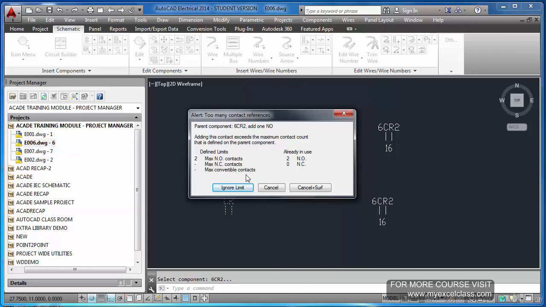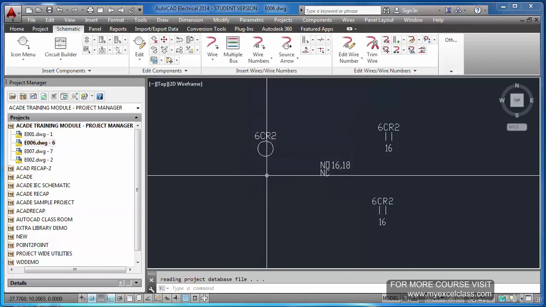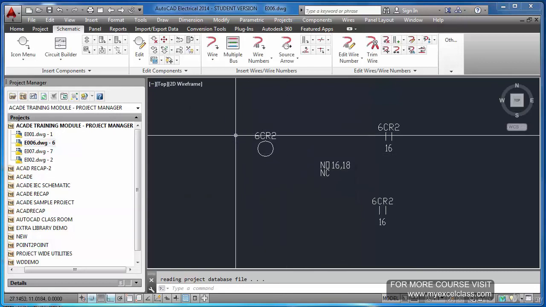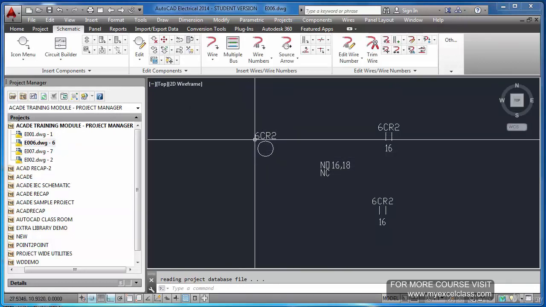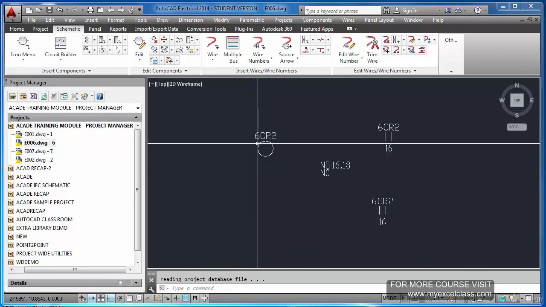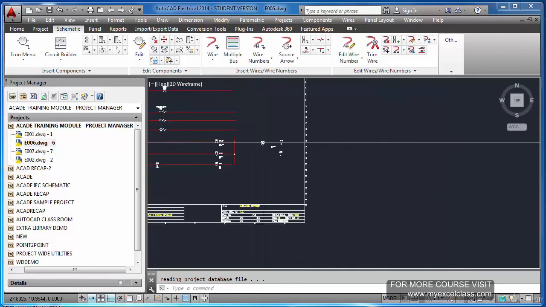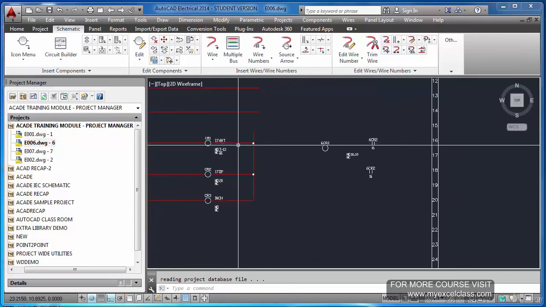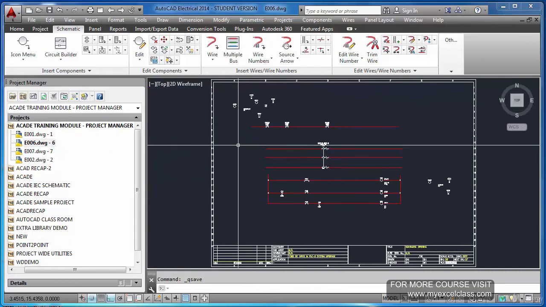So it is very useful, because if you want to ignore, you can ignore, and if you don't want that to happen, you can cancel and you can go and edit your relay contacts here, or you have to put another relay. So in this way you can eliminate the errors.